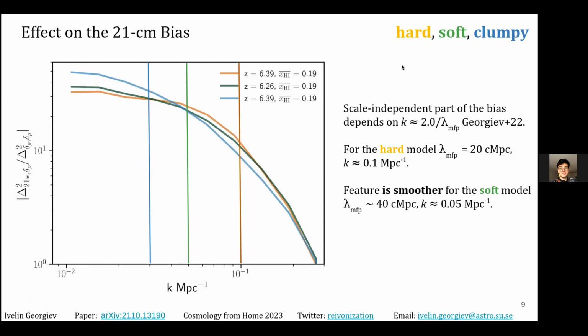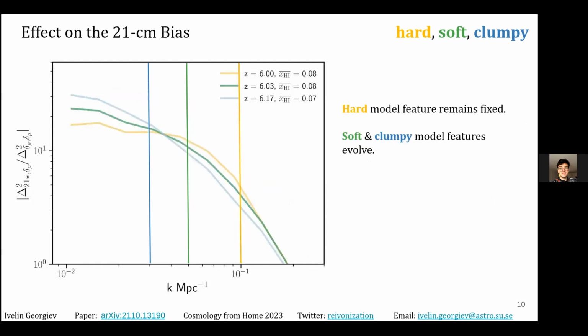So the 21 centimeter signal we would get, which is the potential probe we could measure with future telescopes such as LOFAR, MWA, HERA, SKA, among many others, has this feature imprinted on the spectrum, while it changes for the soft barrier, and it's completely different for the clumpy model. So even though the neutral islands seem relatively the same, the power spectra look quite different. And this happens even later on.